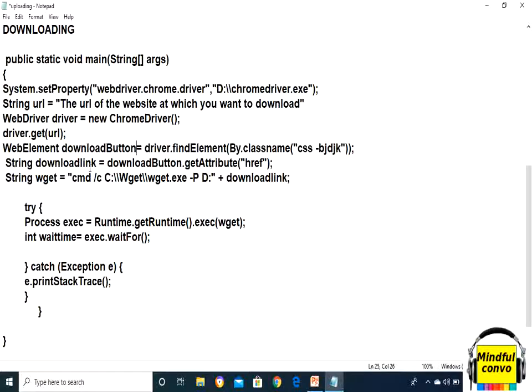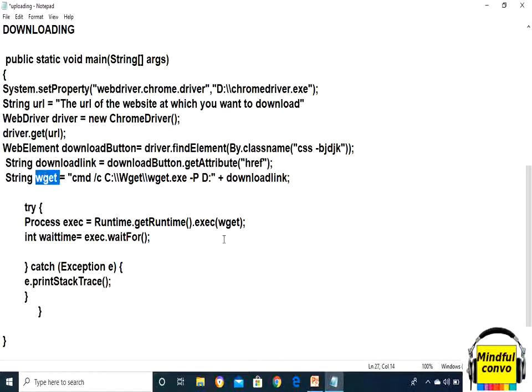write cmd /c and the C drive or D drive where our wget exists, -P, and then the drive or the folder in which we want our downloaded content to exist, and then the download link. Then we use the Process class, a Process object, and Runtime.getRuntime().exec with the string.